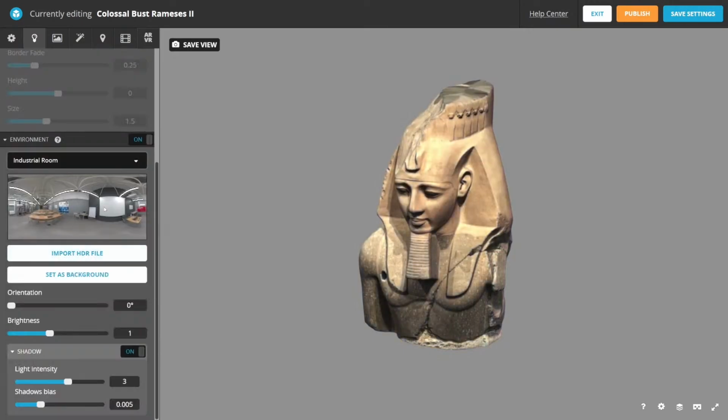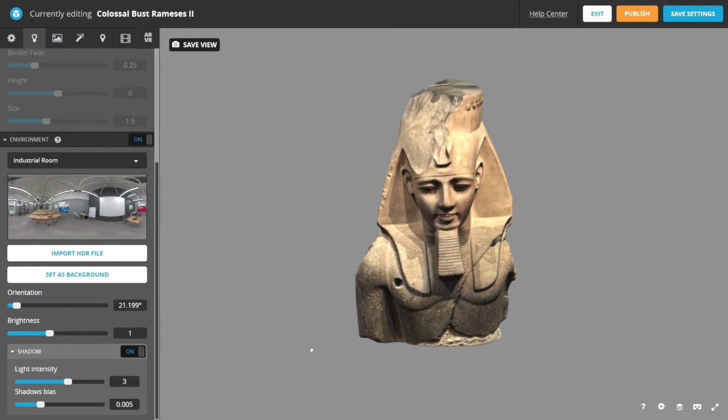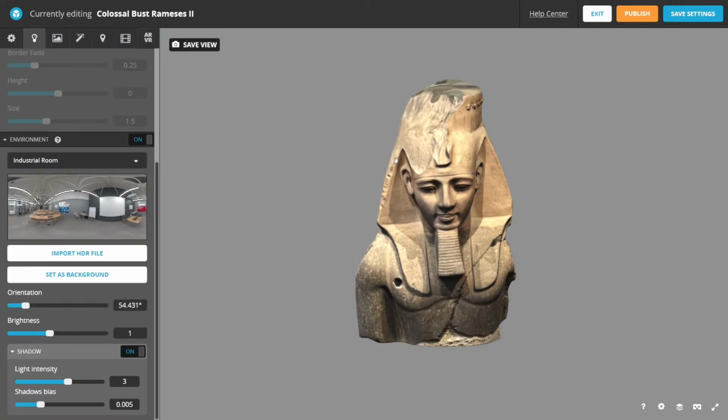So I'm going to leave that on, but I am going to turn off the shadow. If you see what happens, if I'm holding down the Alt key on my keyboard and clicking the background, you can see the shadow moving across. Obviously you can see the baked-in shadows that were captured when we 3D scanned this, but that's okay. We're not going to worry about that too much right now, but I'm going to turn the shadow off right now and just